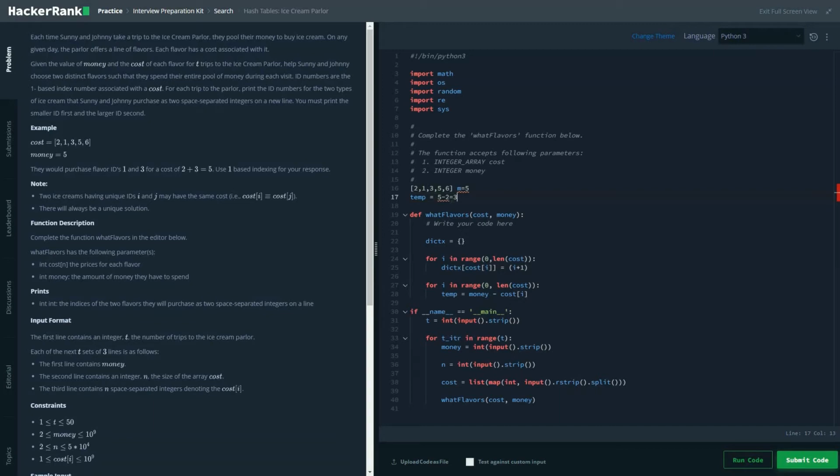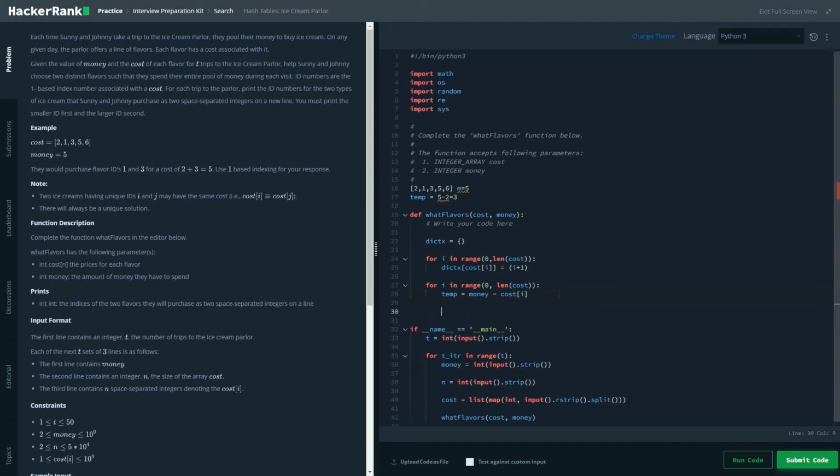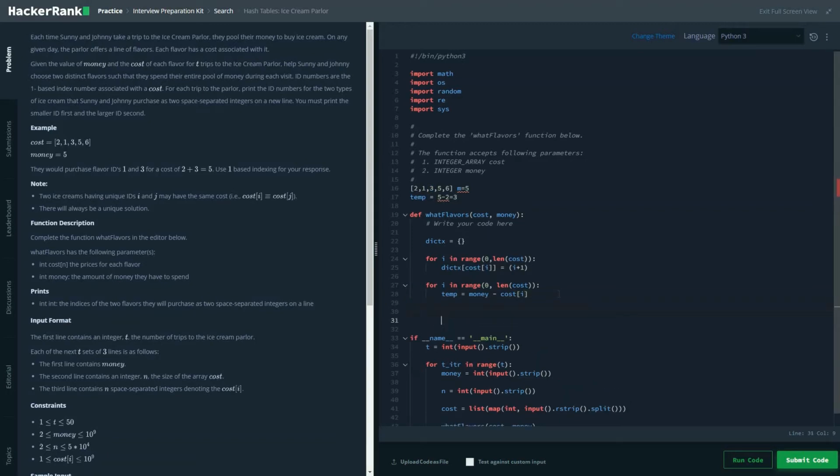Our work would be to find any ice cream in the cost list whose value is 3. To check that, we would again refer to our dictionary to check whether there is any key present in this dictionary whose value is 3.